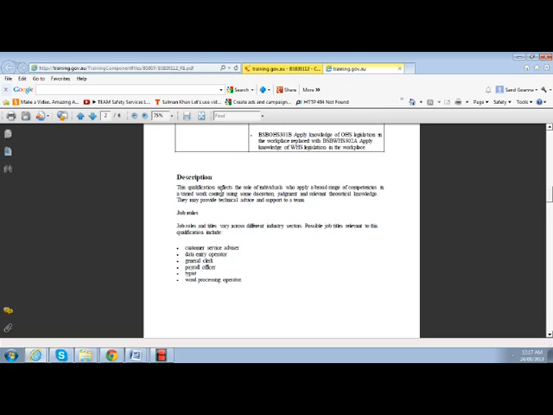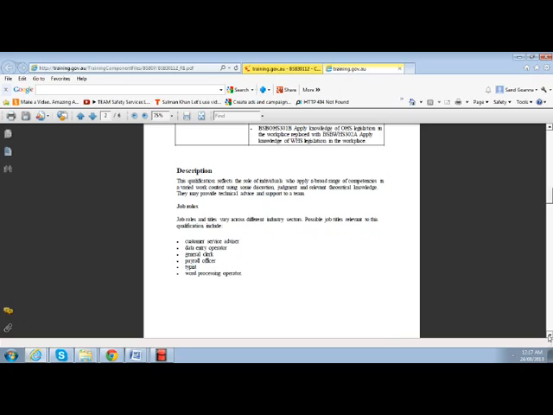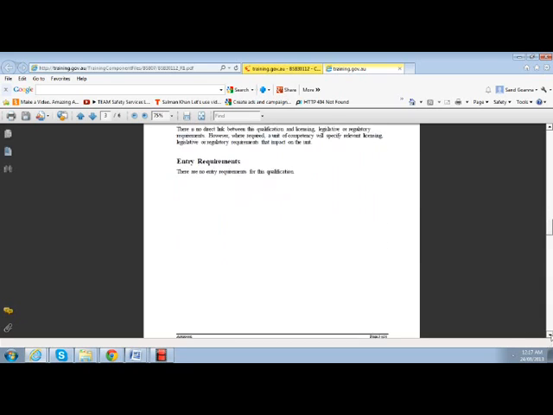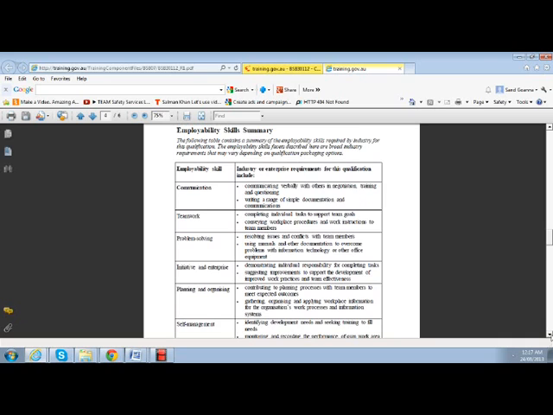It's got the description about the course. It talks about the job roles that may apply once you complete the qualification. It has pathways into the qualification, licensing information, entry requirements for the qualification, employability skills,